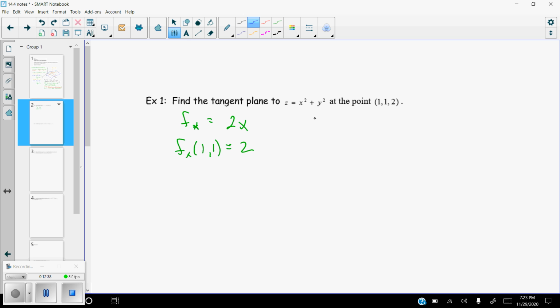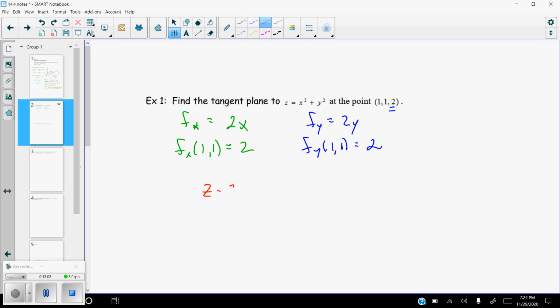And I need to find the partial with respect to y, which is 2y. I need that partial evaluated at the point 1, 1, plugging the 1 in for the y. You also get 2. Okay, they already gave us the z value over here, which is really nice, so I don't have to solve for that. If they didn't give us the z value and just the x's and the y's, you would just plug those in to find the z value because we need that to write the equation,